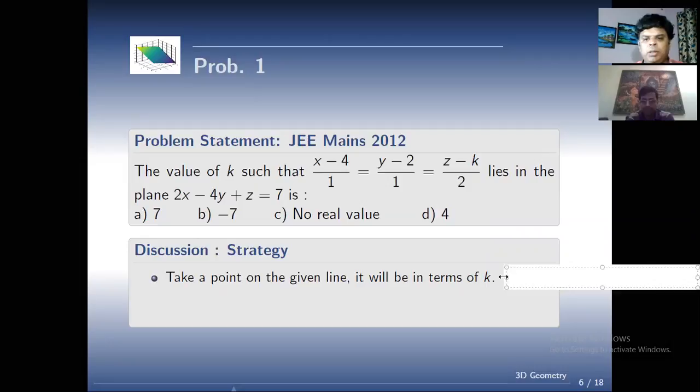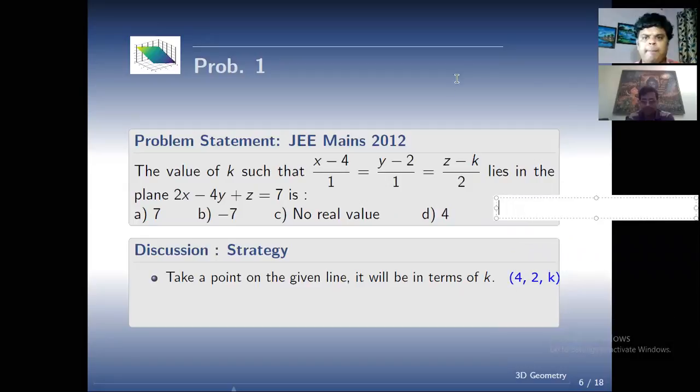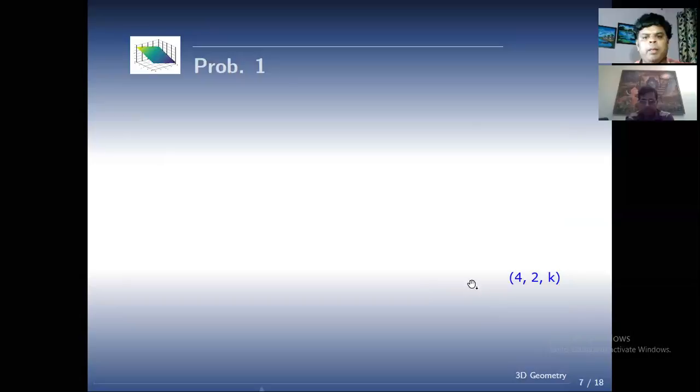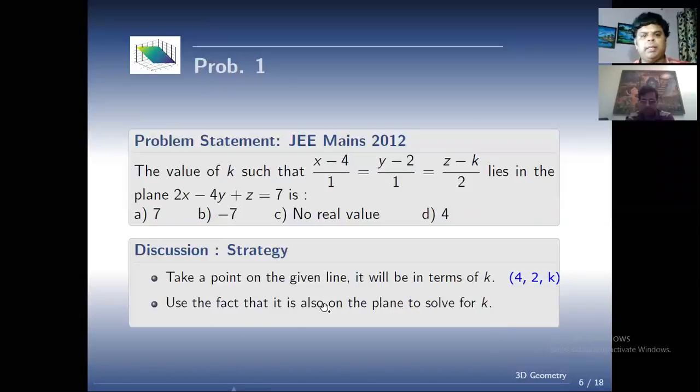As we saw, the point we found was 4, 2, k. It was in terms of k. And the next thing is, what do we have to do? The next thing is use the fact that 4, 2, k is on the plane as well to solve